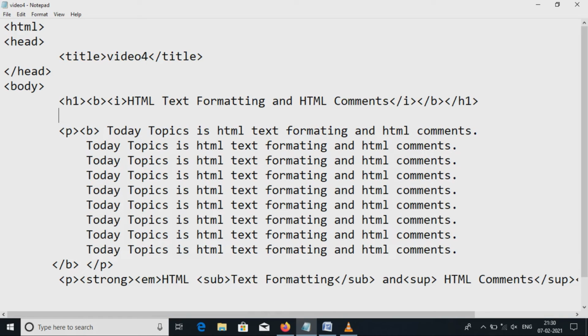Here we are using comments. This is my paragraph. Start.